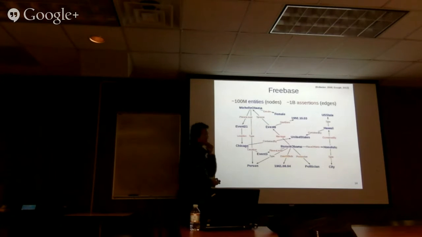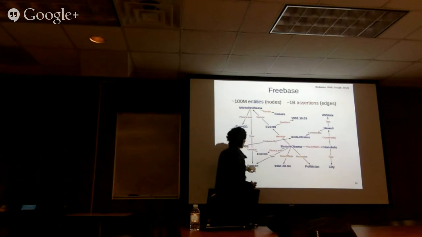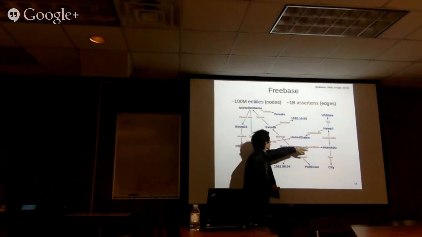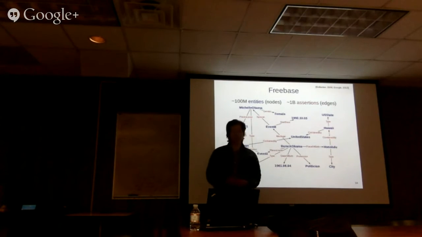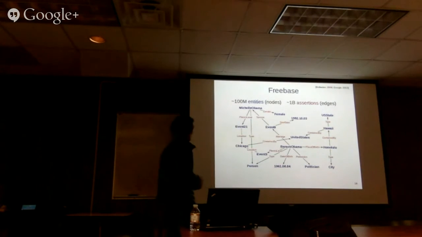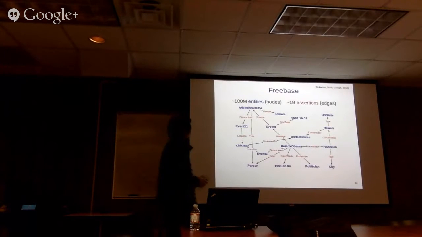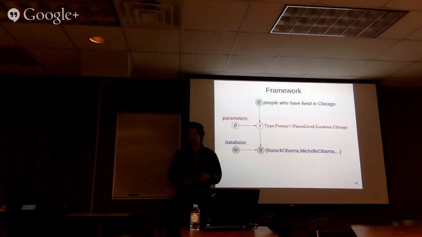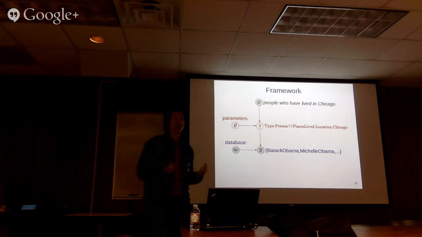So the first is the database, and for question answering, we use something called Freebase, which you can think about as a large directed graph where nodes are entities and edges are relations. So this says that Barack Obama was born in 1961, he was born in Honolulu, Honolulu's in Hawaii, and so on. More generally, you can think about the world, or the database here, is really the context in which you understand